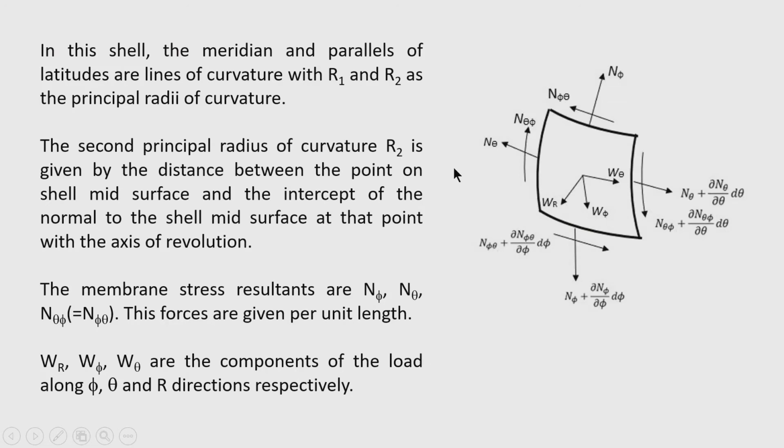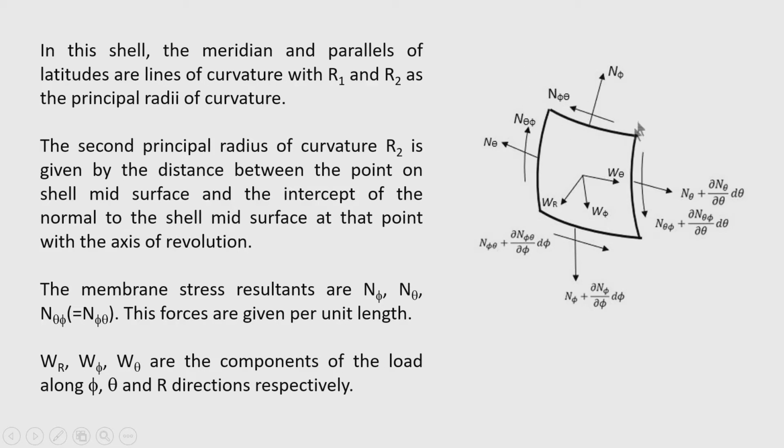Membrane stress resultants are shown here on this element, that is n phi per unit length in the meridional direction, and n theta in the circumferential direction. So, n phi is the meridional stress and n theta is the circumferential stress. N theta phi and n phi theta are the membrane shear forces that are shown on the edge of